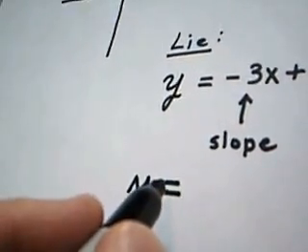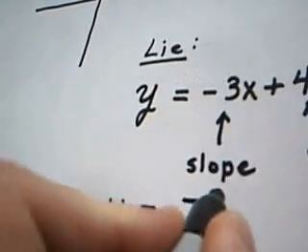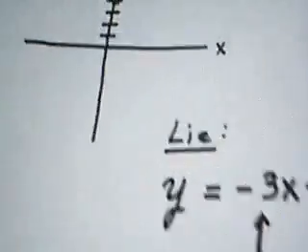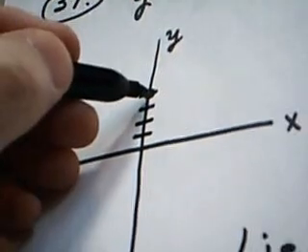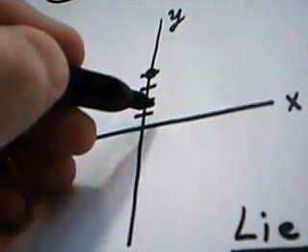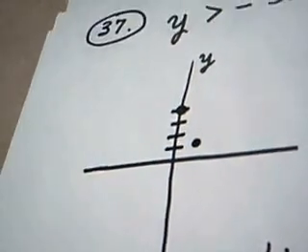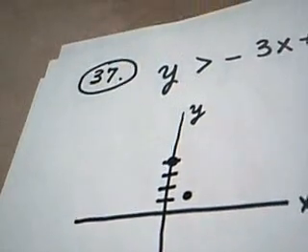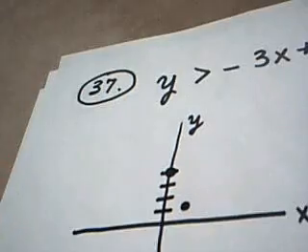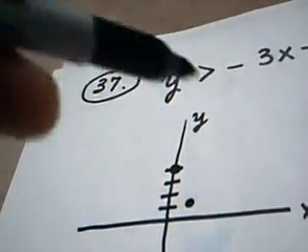Slope should always be a fraction. So when you're counting negative 3, you're really counting negative 3 over a positive 1. So what that means is when I go up here, I start with my home base, I go down 3 blocks, and then 1 block to the right, I put a dot. Now what I'm getting ready to do is draw what's called the boundary line. This line helps me see how the solution set is going to be divided in this plane, this piece of